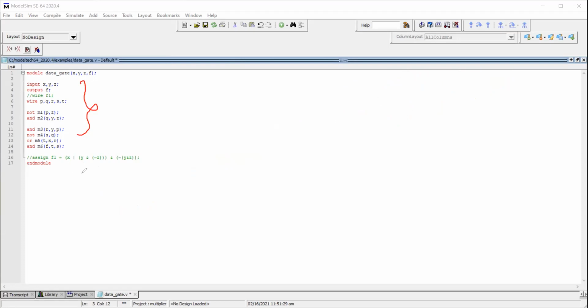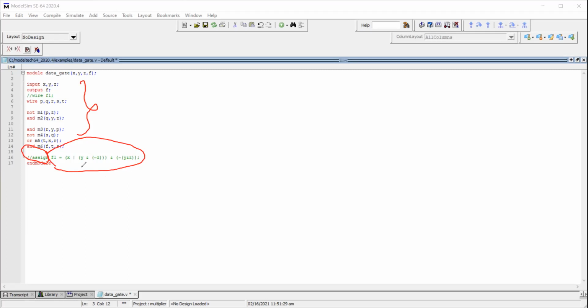Now we will see how to write the data flow model. While writing the data flow model, we need to know one procedural assignment, that is the assign keyword. Any kind of data flow model we can write with the help of the assign statement. There we need to know how we are going to represent the Boolean expression with the help of Boolean operators.